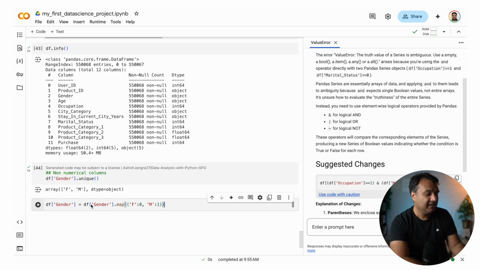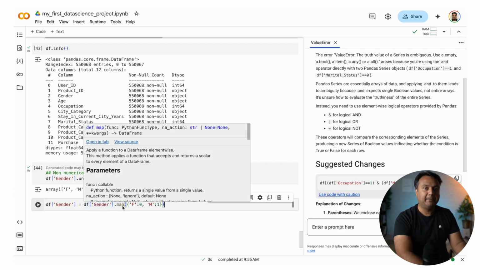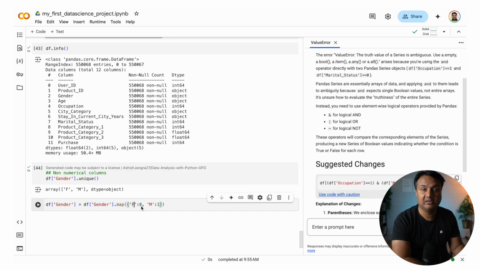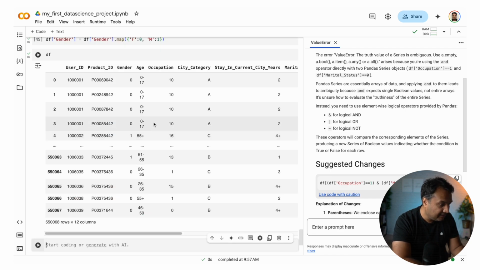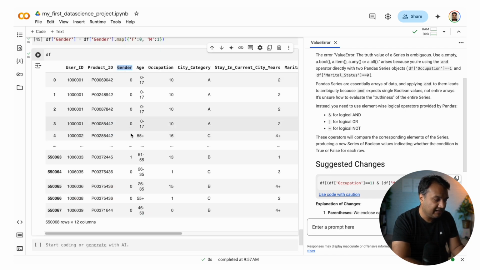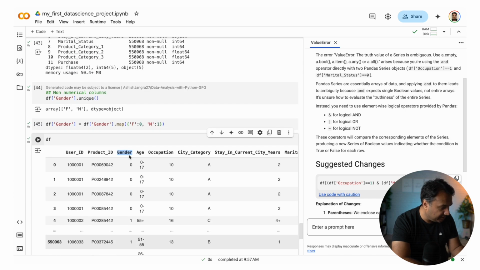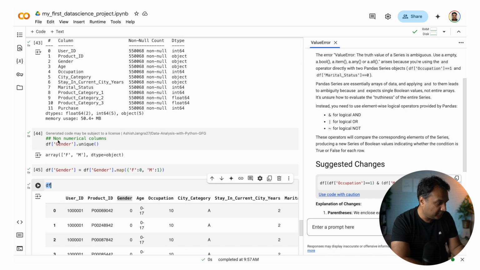So I'm saying, on the gender, apply this map, this mapping function, that wherever you see F, you do 0. Wherever you see M, you do 1. And when we do that, let's look at df. Okay, so you see now the gender has all 0s and 1s. Pretty amazing.